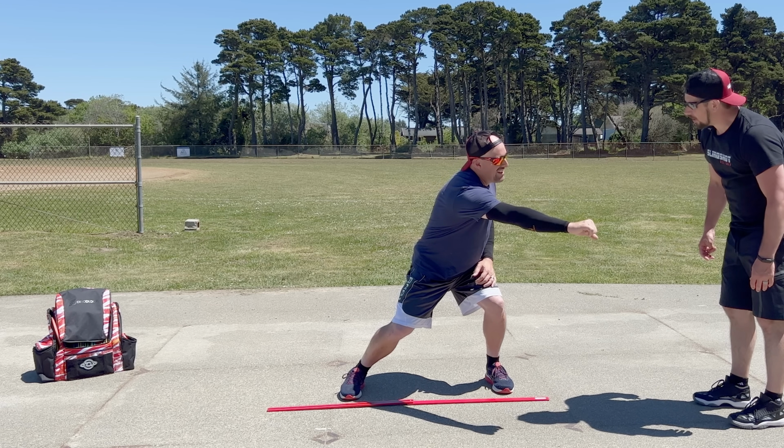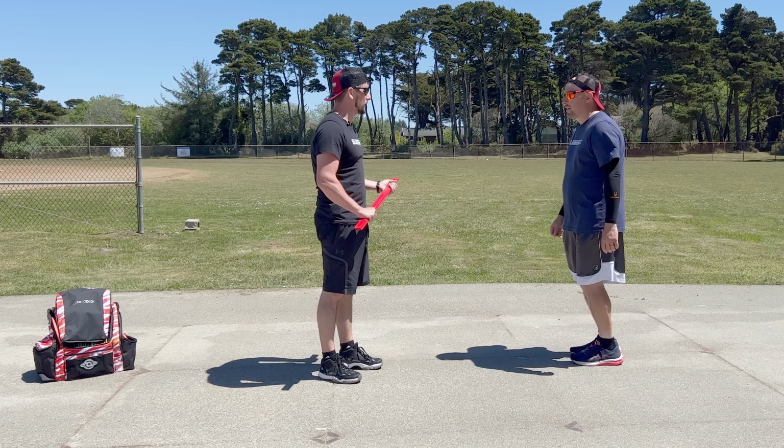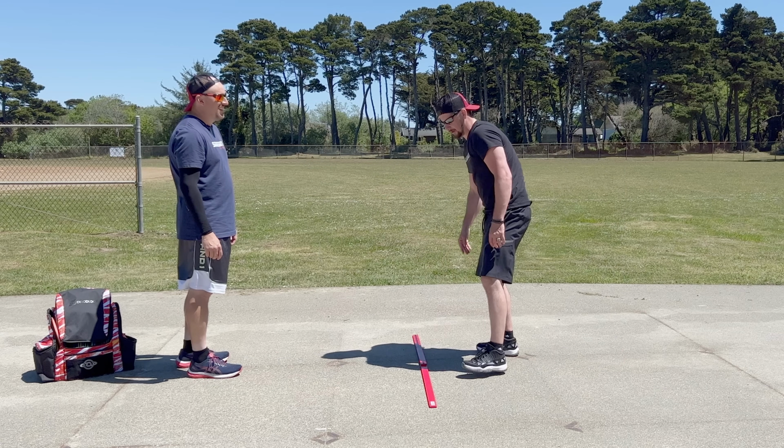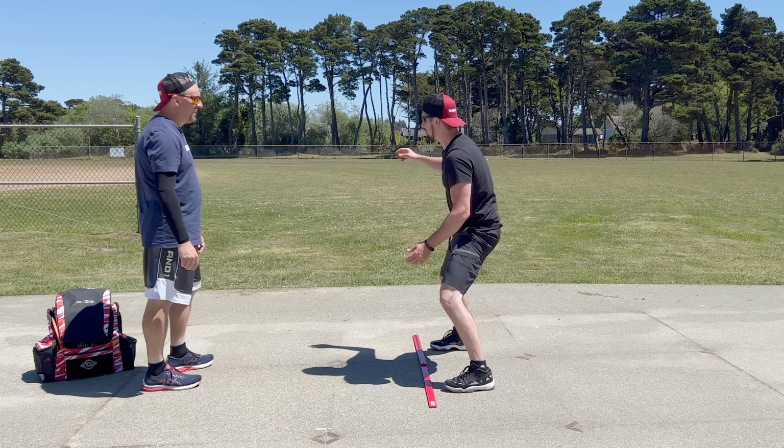I feel all through the back. It's all back. All to the glute. It's all back and all leg. Now you know how to coil and feel it. If we do everything that I just taught you on a straight line to your target, you're